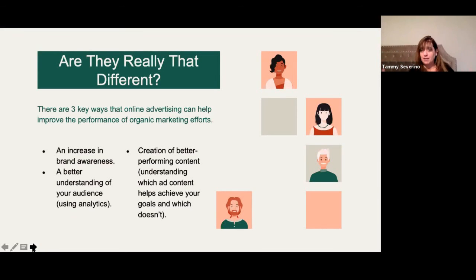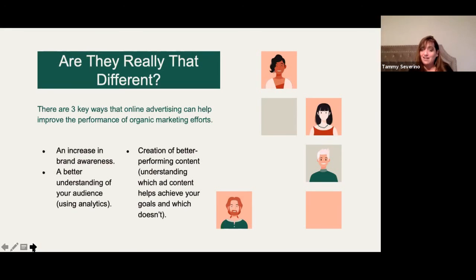All these platforms, by the way, will provide you with analytics, and we'll be talking about that on another week's webinar, but you'll get analytics to determine how well you're doing. And your online advertising will tell you how well you understand your audience using those analytics. And the creation of better performing content,